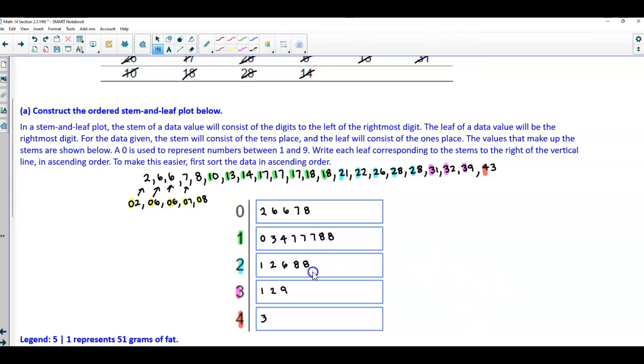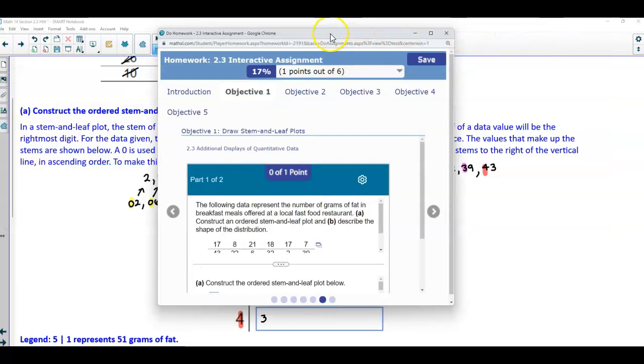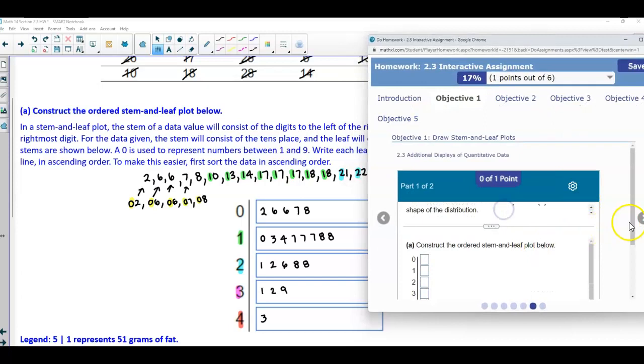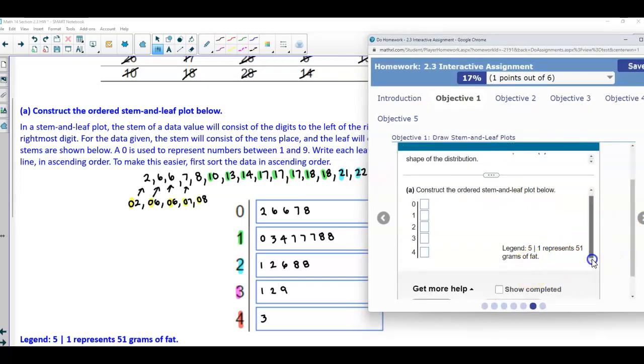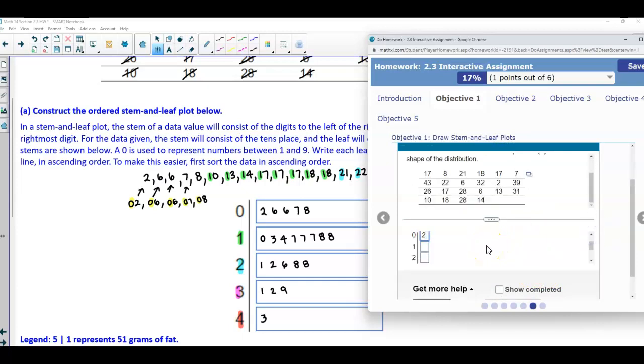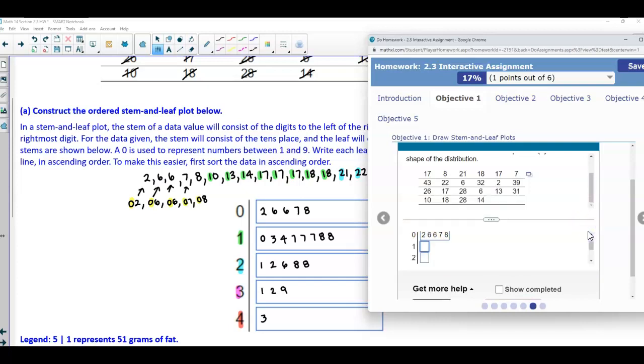Okay, so let's go ahead and do that. We're going to open up StatCrunch again, and put our values in there. Now again, keep in mind that if you look down below, it says we're going to put our answers in. So we're just going to put in the stem of 2, space 6, space 6, space 7, space, and then 8. And then the next leaf is 0, space 3, space 4, space 7, space 7, space 7, space 8, space